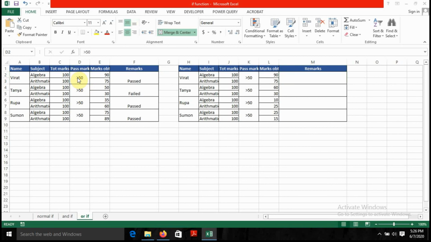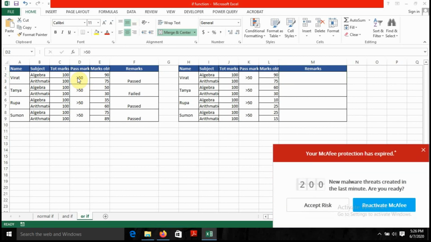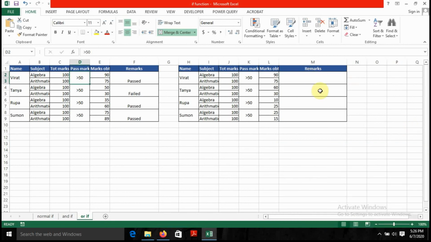But the condition is if in any of the subjects the candidate obtains more than 50, then he or she will be considered passed. In the previous one it was AND, but here in any of the subjects, so either algebra or arithmetic, wherever a candidate gets more than 50, he or she will be considered passed. So I'll write IF,